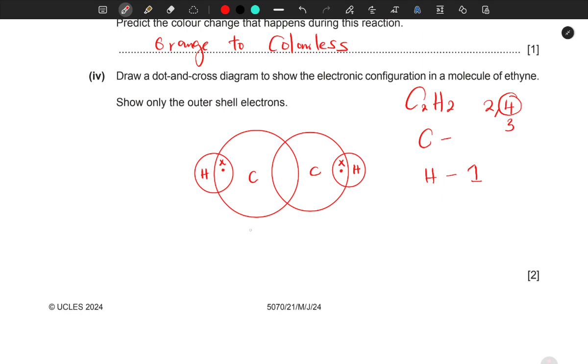But how many are remaining here? For carbon, 3. And how many are remaining here? 3. Remember that carbon, to be stable, needs to have 8 electrons in the outer shell, but it only has 1, 2, plus 3 here, 5. Even this other one has got 2 here, plus 3, 5. So,